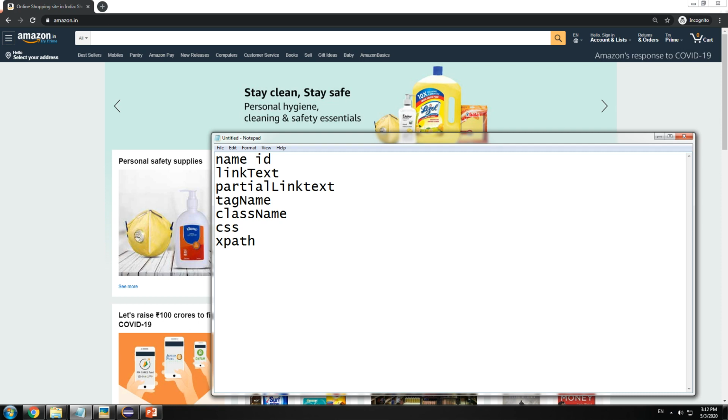So you would not usually have two elements having the same ID or two elements having the same name. So these two are basically unique. So we can use name and ID to identify single elements.